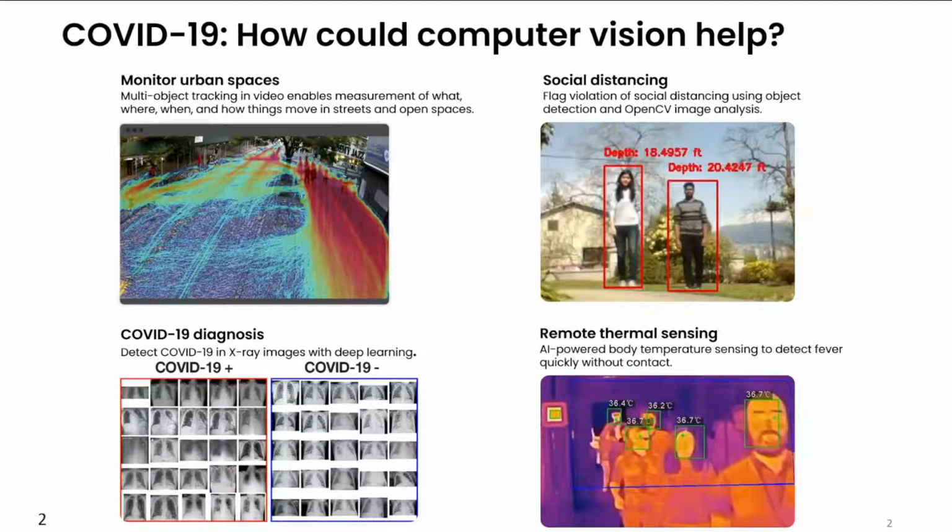Another application, if you look at the right top side, is an application that was developed by several students where they use computer vision techniques to calculate the distance between people through bounding box coordinates as well as the depth of the person. So with that, they were able to flag any trace of violation of social distancing using techniques based on video frames.